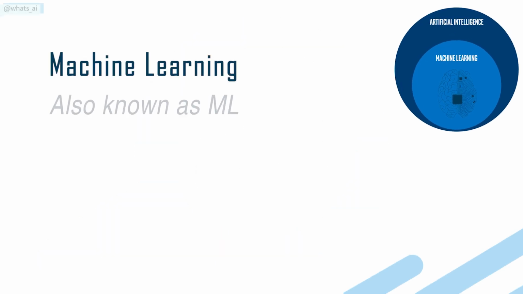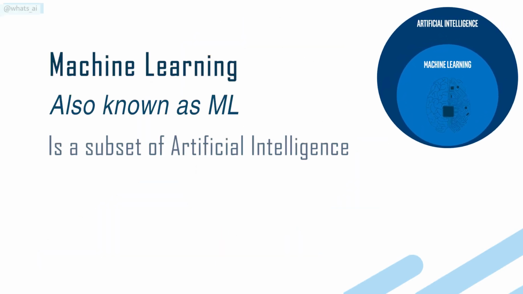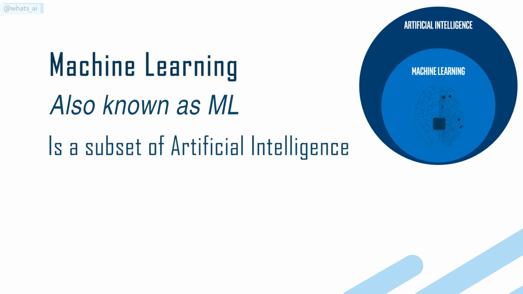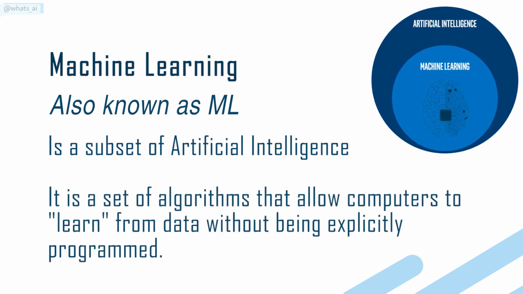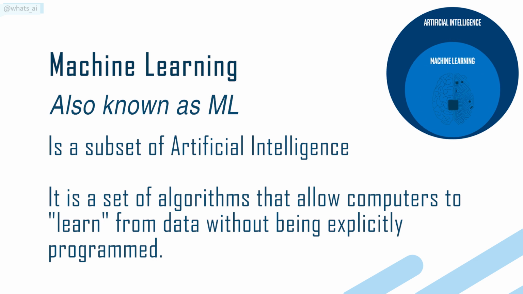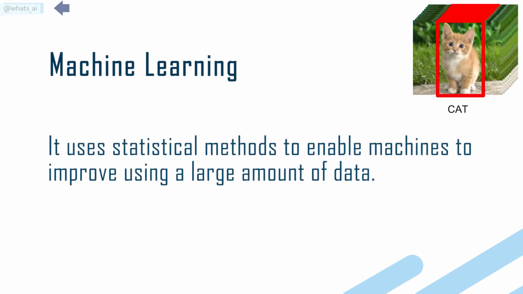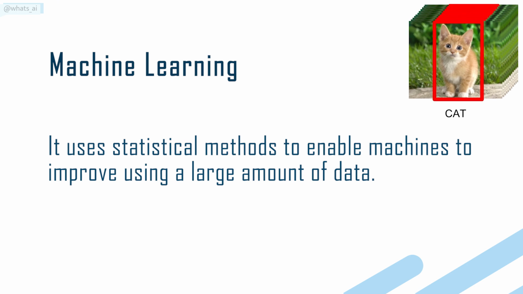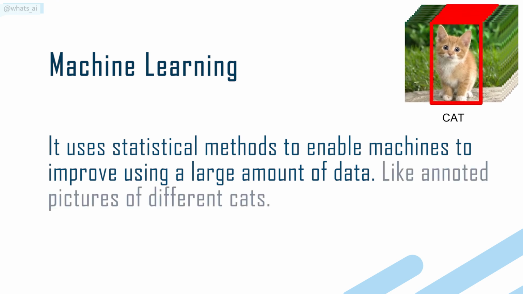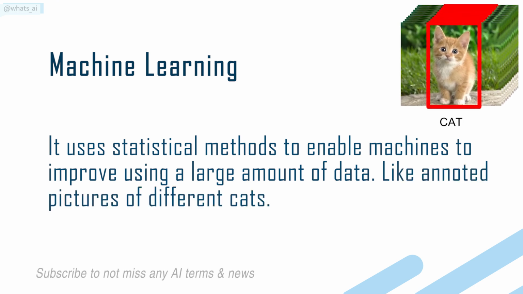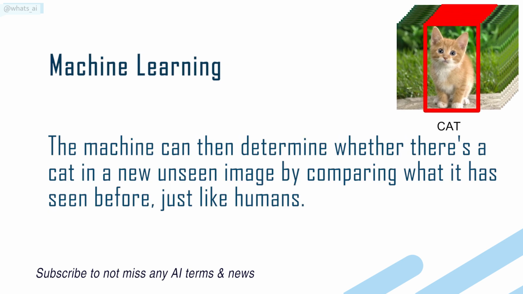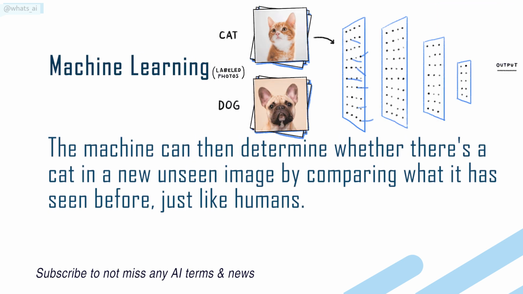Machine learning, also known as ML, is a subset of artificial intelligence. It is a set of algorithms that allow computers to learn from data without being explicitly programmed. It uses statistical methods to enable machines to improve using a large amount of data. Like annotated pictures of different cats, the machine can then determine whether there's a cat in a new unseen image